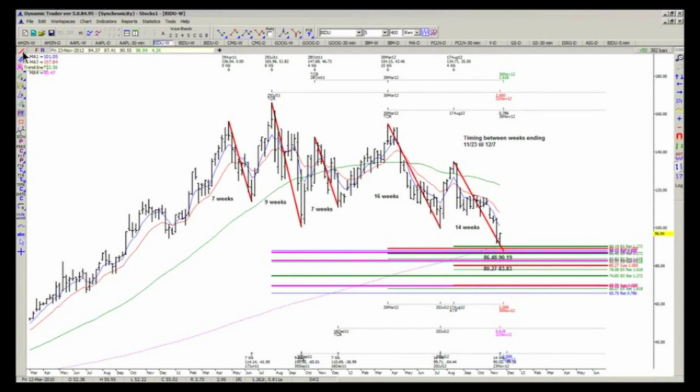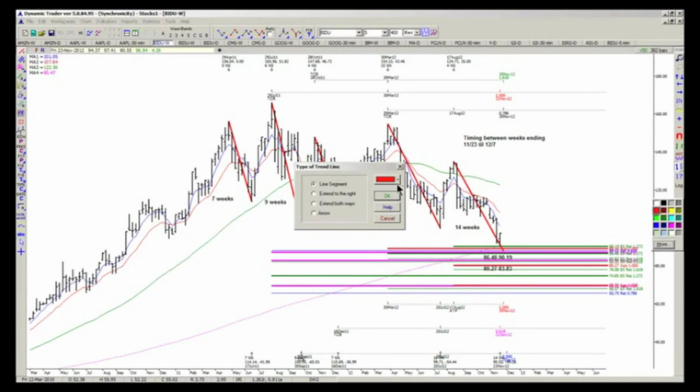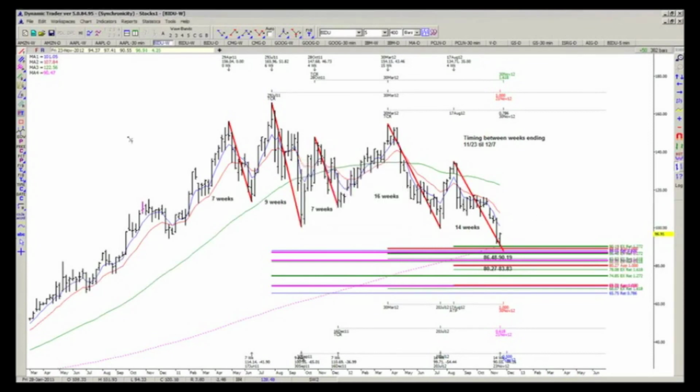Now, many moves end up terminating at extensions of prior swings, so I'm going to try and mark this up for you a little bit. If you take the prior low to high swing,